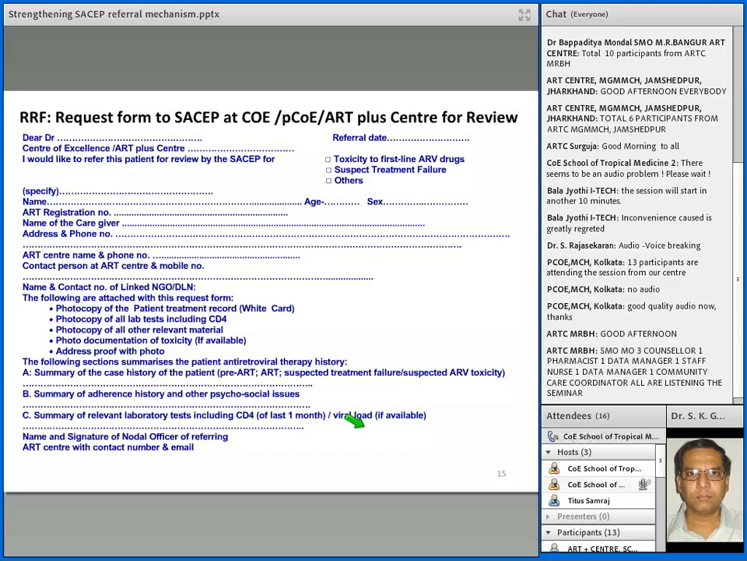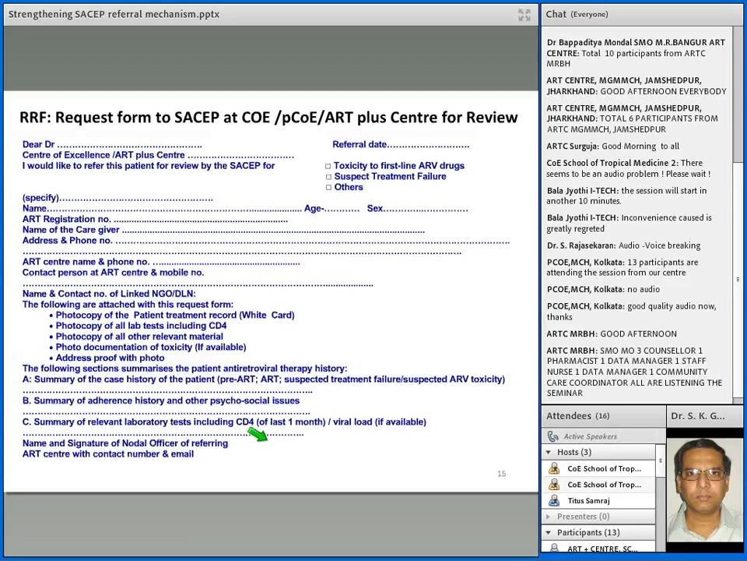And finally, it should ideally be signed by the nodal officer of the referring ART center. At times we find referrals without any signature. Now this is the other part of the same request form to SACEP. This form is about